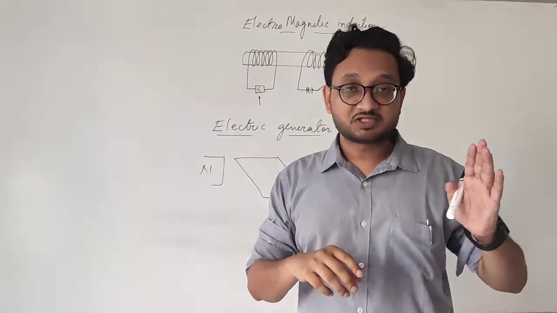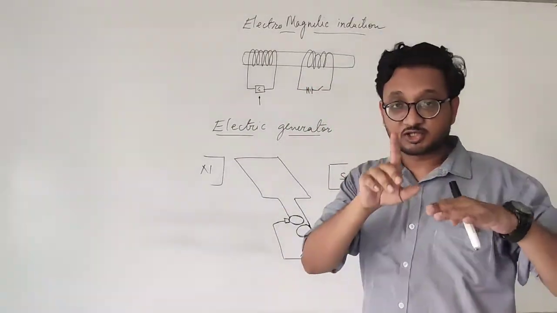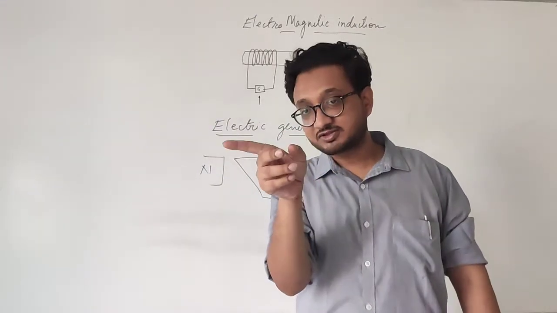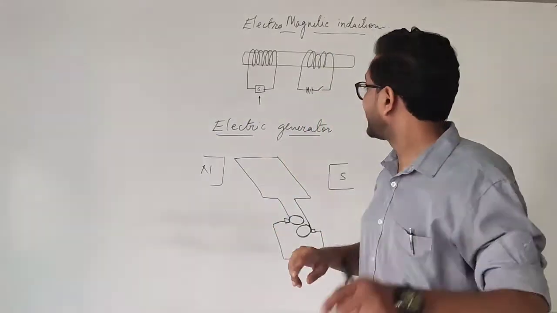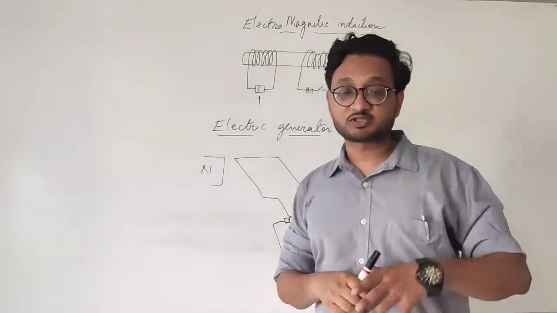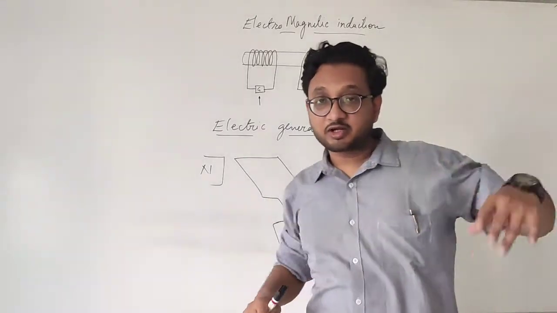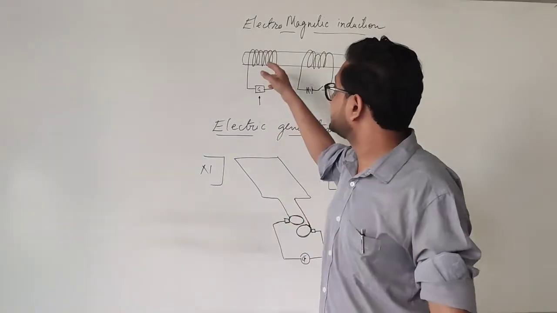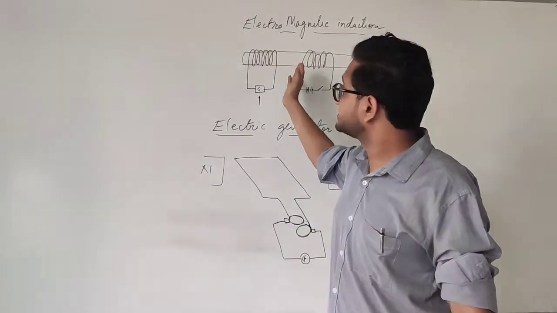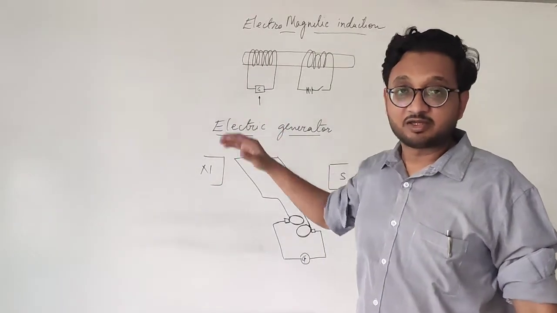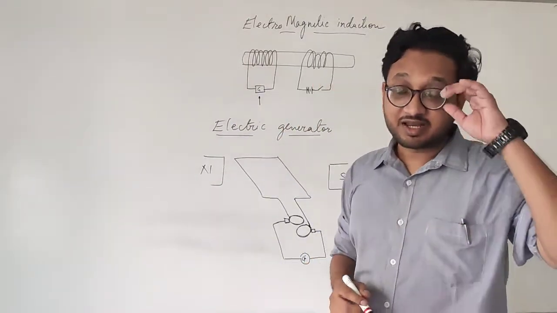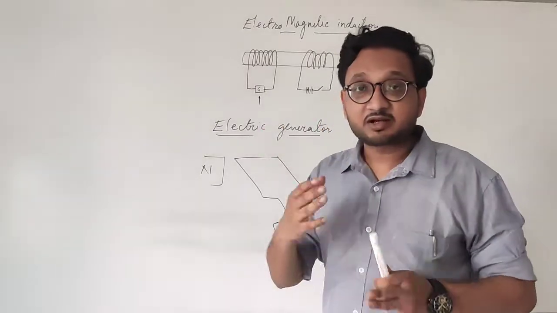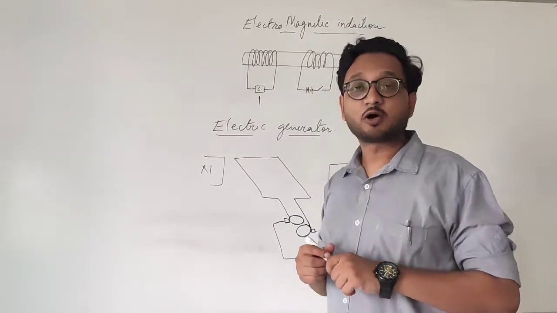Once when the switch is on, it shows the deflection and comes back to its original position. When it is switched off, it shows the deflection on the other side and comes back to its original position. Now imagine if I switch it on and off again and again. Then the deflection will be like this. The current is sometimes produced from this side and sometimes on the other side. This is alternating current. Like I said in the previous video, we will talk more about alternating current. When the current switches direction, it is called alternating current.